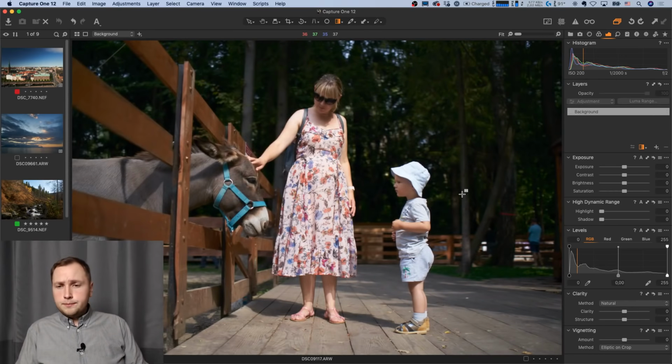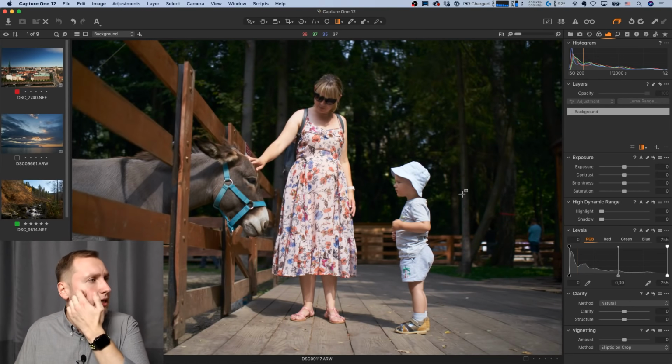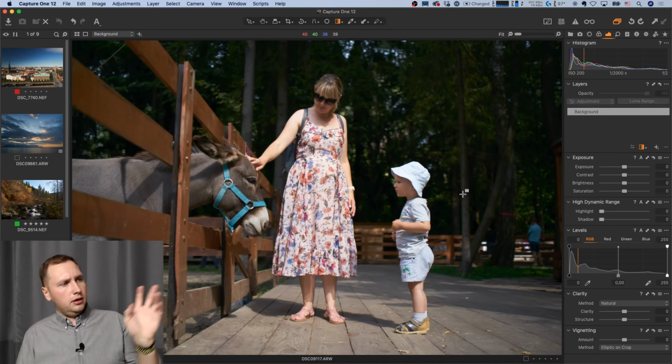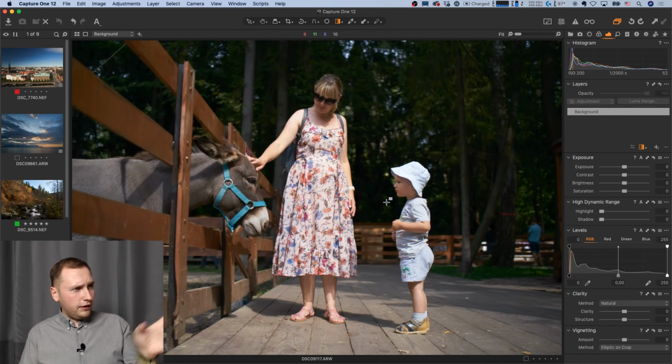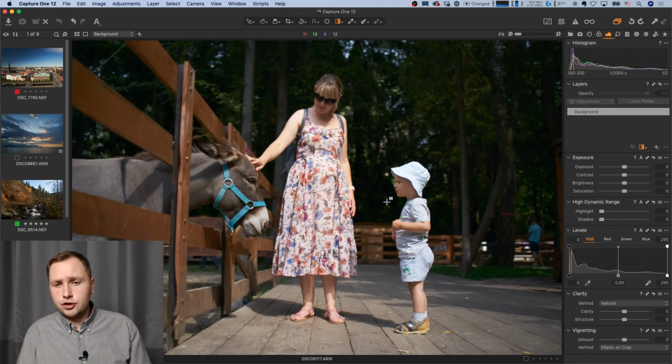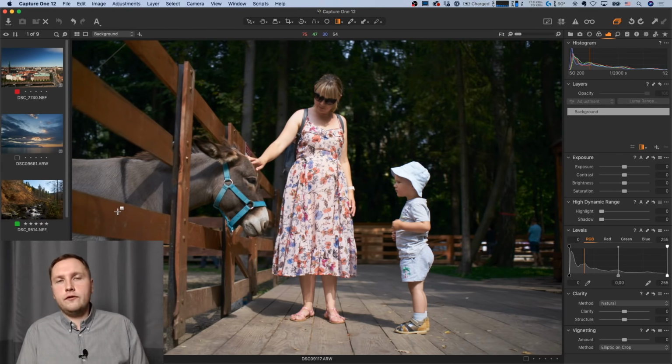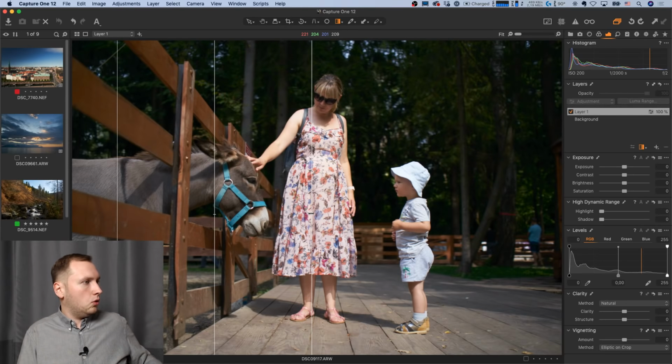Let's see how you can apply the new gradients to your images. For example, I really love this image. I think that there is a fantastic connection between the kid and the donkey. You know, like that. There is something really nice in this. But what I wish to do there, I wish to add an additional visual accent on the donkey. That's why I will draw